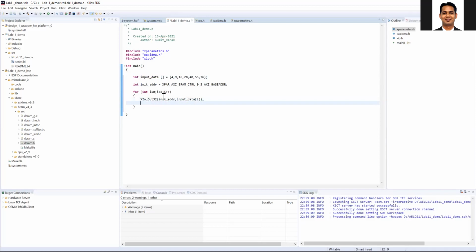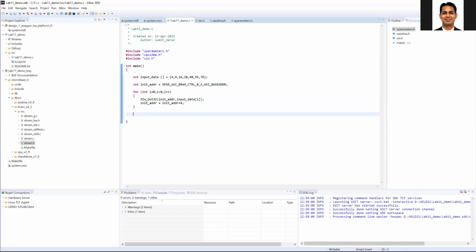Since I'm writing 32 bits of data, I need to increment the address by 4, because the block RAM address is byte addressable. So you need to increment the address by 4 so that it will point to the appropriate location. So I have written the data inside the block RAM.